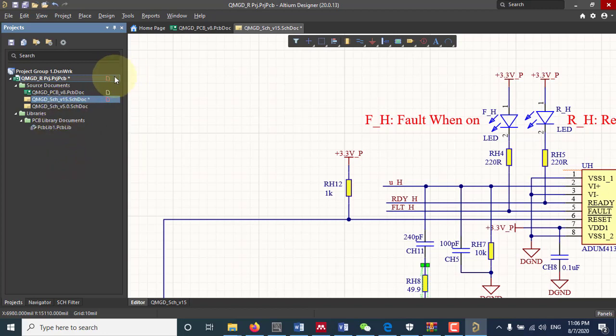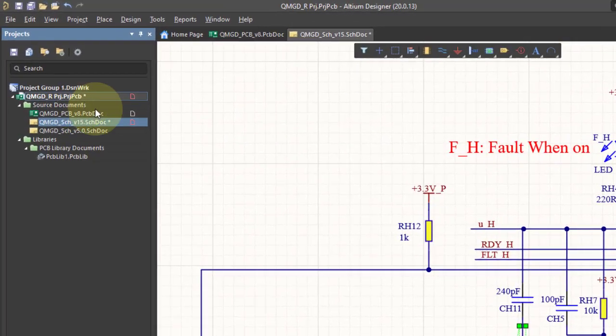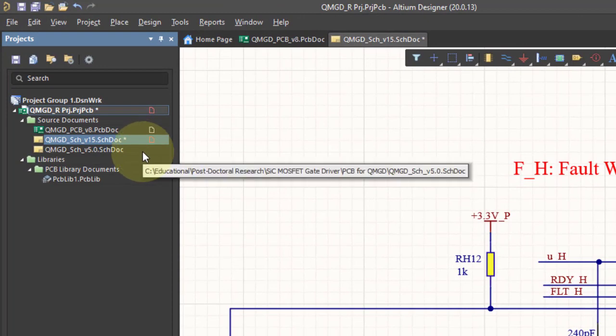That's the red project file and the schematic file that I just updated. They got this red annotation, and there's an asterisk in front of them. This represents that some changes have been made